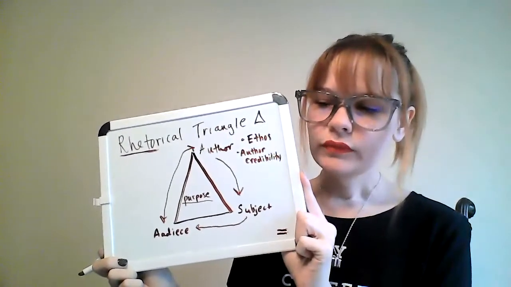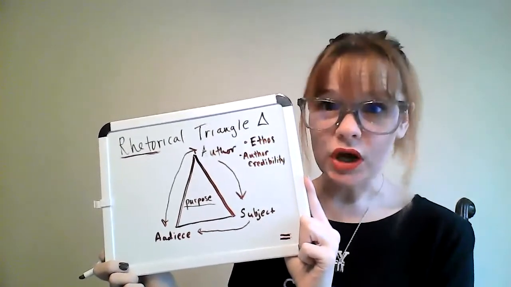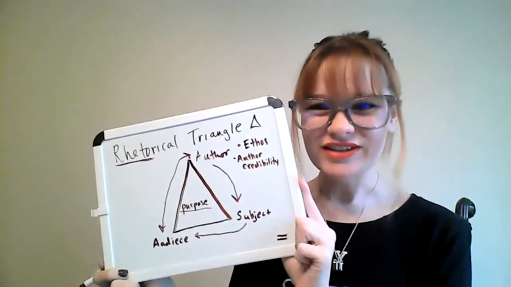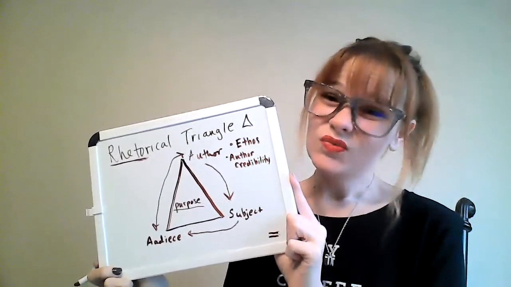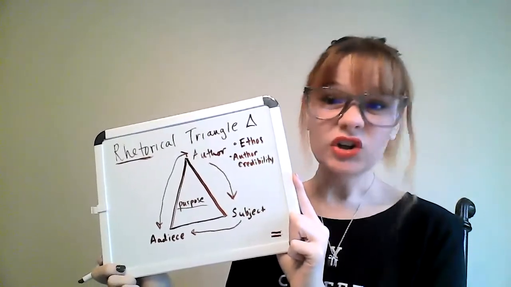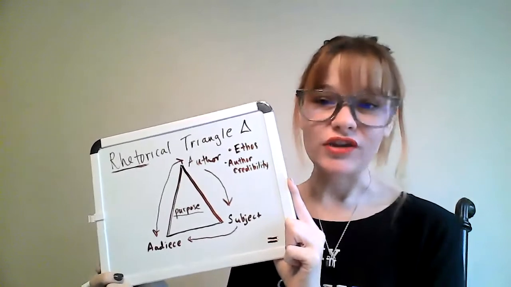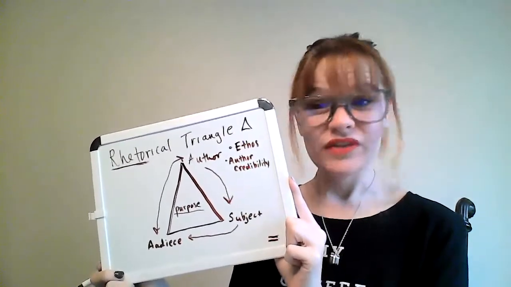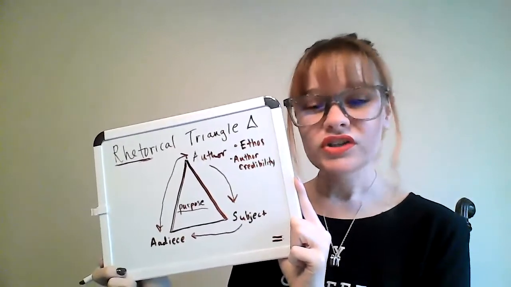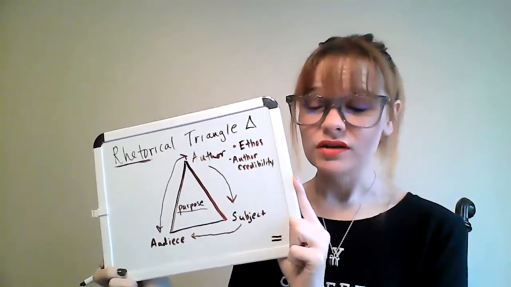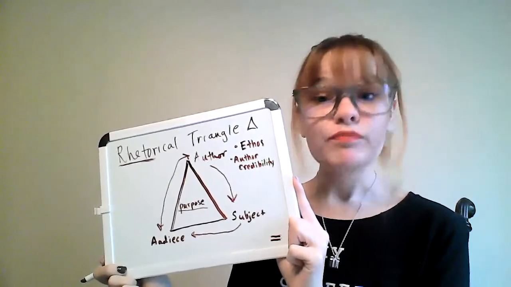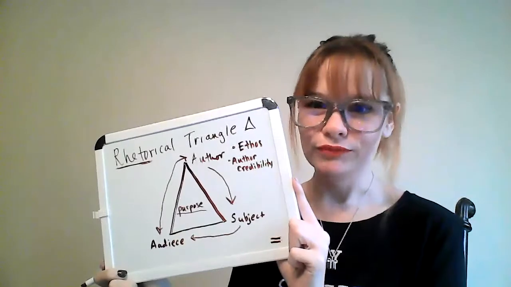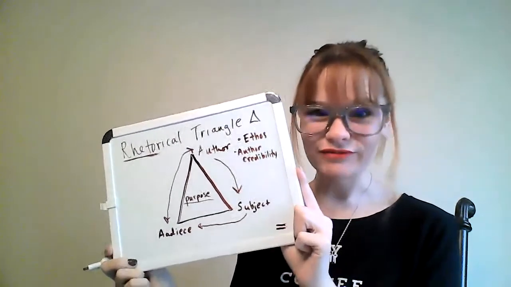Now, when the author is talking to the audience, if they start using a bunch of words that the audience doesn't understand or that they're not interested in, the audience is going to fade away and they're going to lose interest really quickly. They're going to start checking their phones, maybe looking at email, maybe even leaving the room. And that's not good. So you want to talk in terms that the audience is going to understand. That means that we need to have pathos or pathos, depending on your dialect or where you're from. Okay, so let me write that down.